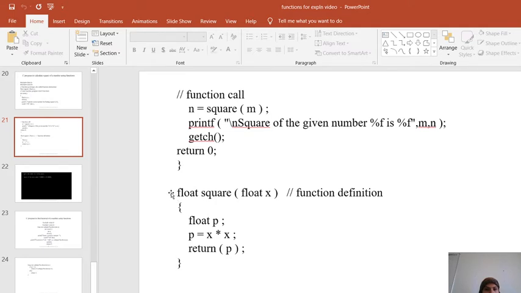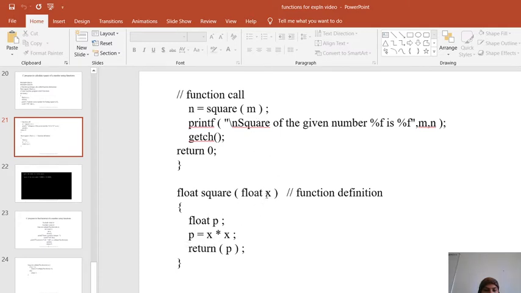So the cursor jumps to this particular line, float square(float x). X stores the value of m, and this value is used in this function definition. Here another variable p is declared, which is used to hold the square of the number.